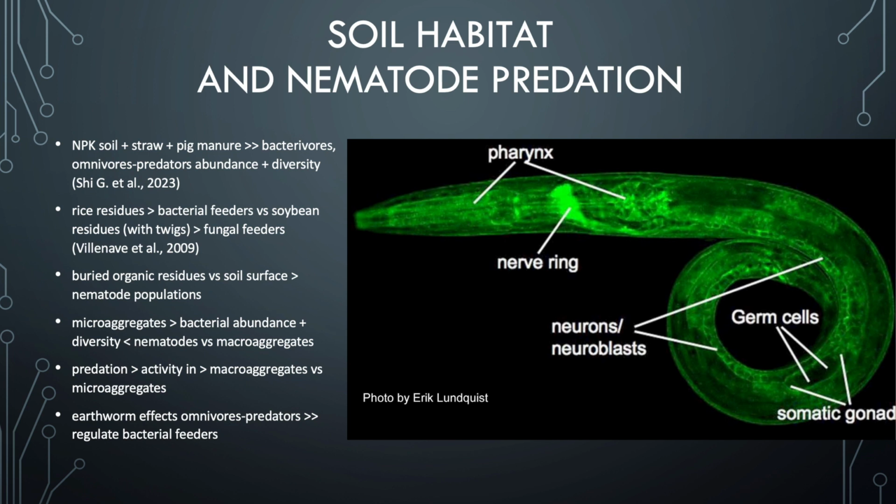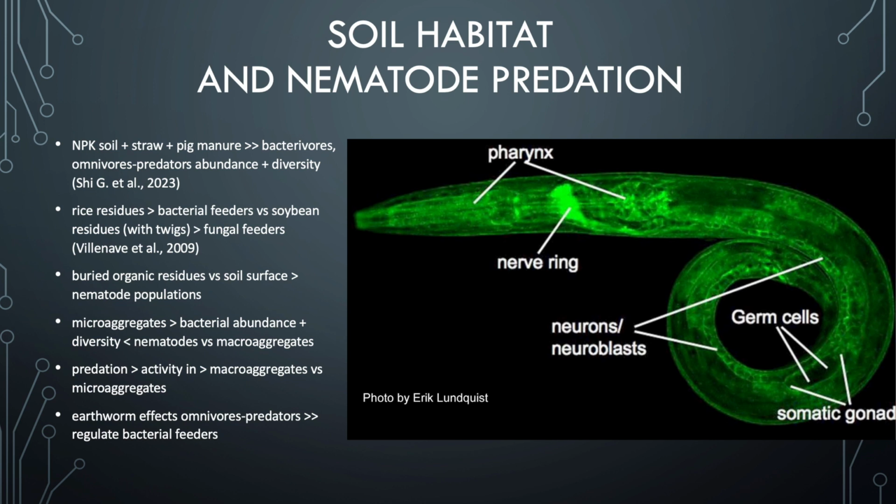The soil habitat within which nematodes are found is very important as to their ability to survive in that habitat, their ability to proliferate and to breed. And that habitat depends on many factors such as the nutrient source for the food source, and in this case bacteria that the nematodes feed on, but also the structure of the soil. How does that affect nematode numbers, nematode diversity, who can actually live in that soil, as well as the predators that might be present there, like for example earthworms that will consume by default, being so large, nematodes as they